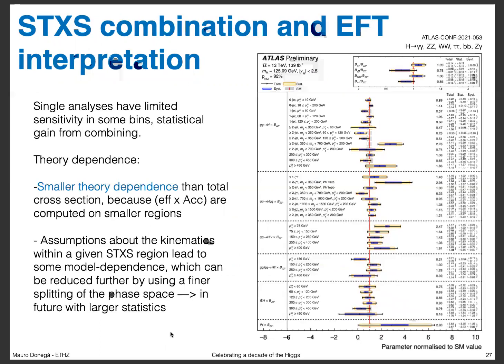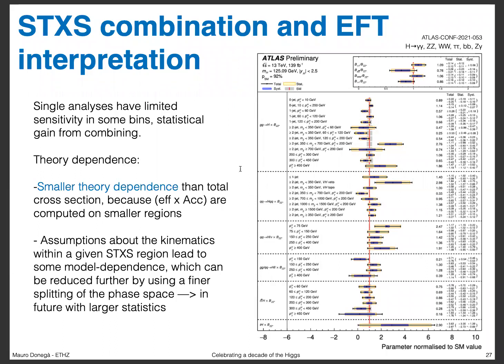STXS has the advantage that they're designed with the idea of also having combination in mind. And so here is a great plot from ATLAS that shows a combined measurement of several channels. Here you have gamma gamma, ZZ, WW, BB, tau tau, and also Z gamma, all together with the stage 1.2 binning of the STXS. And the reason why I'm showing this, apart from the fact that it's an amazing plot,